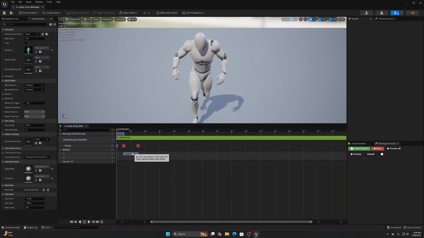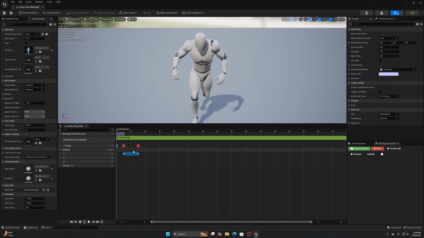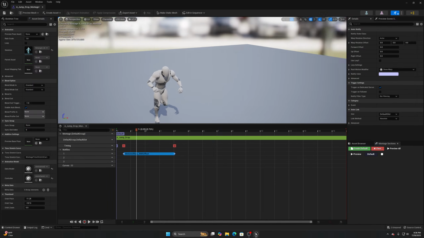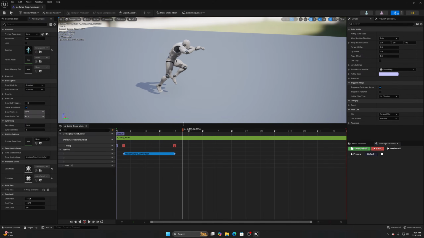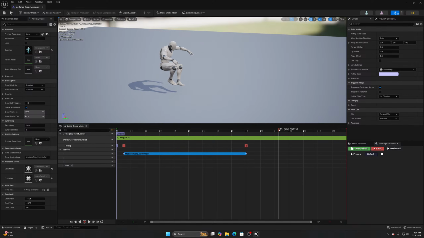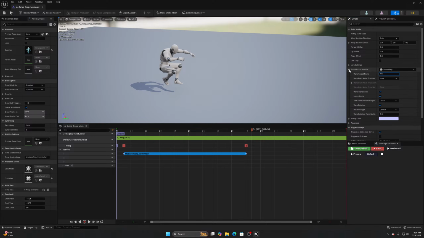Anyways, so we're going to add the motion warping with offset here, because again, this is our new ability to actually have offsets built into things. And then we'll go to right here, because this one doesn't really have a lot of direct root motion, so we have a little bit of leeway with this one. And then we'll just go root motion modifier, set this to height, and we'll just do ignore Z axes. We don't really need to warp rotation on this. And then for the height though, we're going to bring it back maybe 30 units, and we'll bring it up